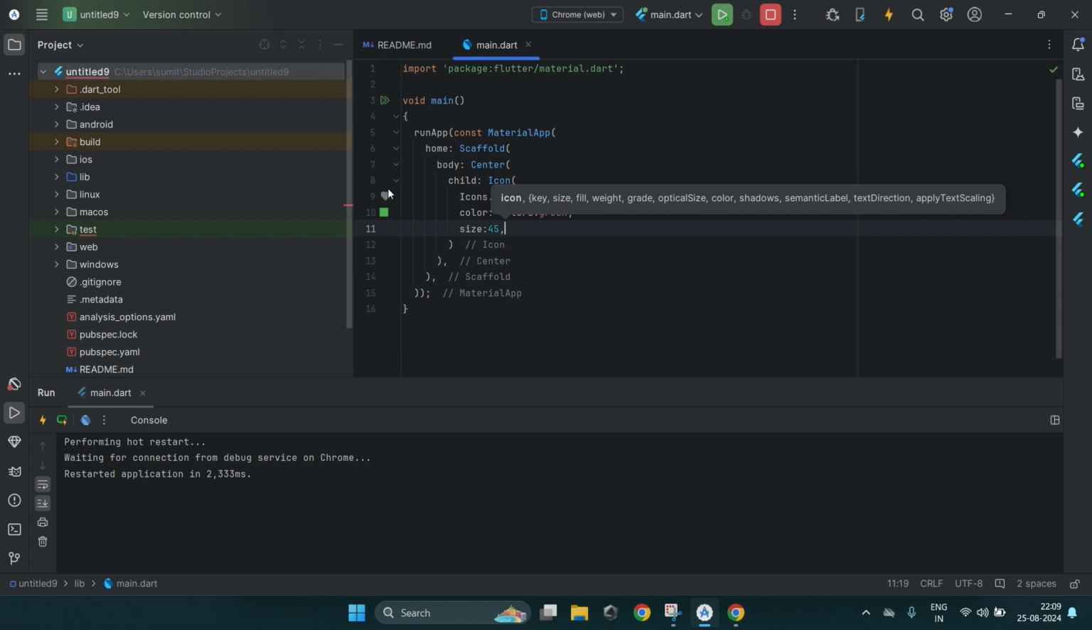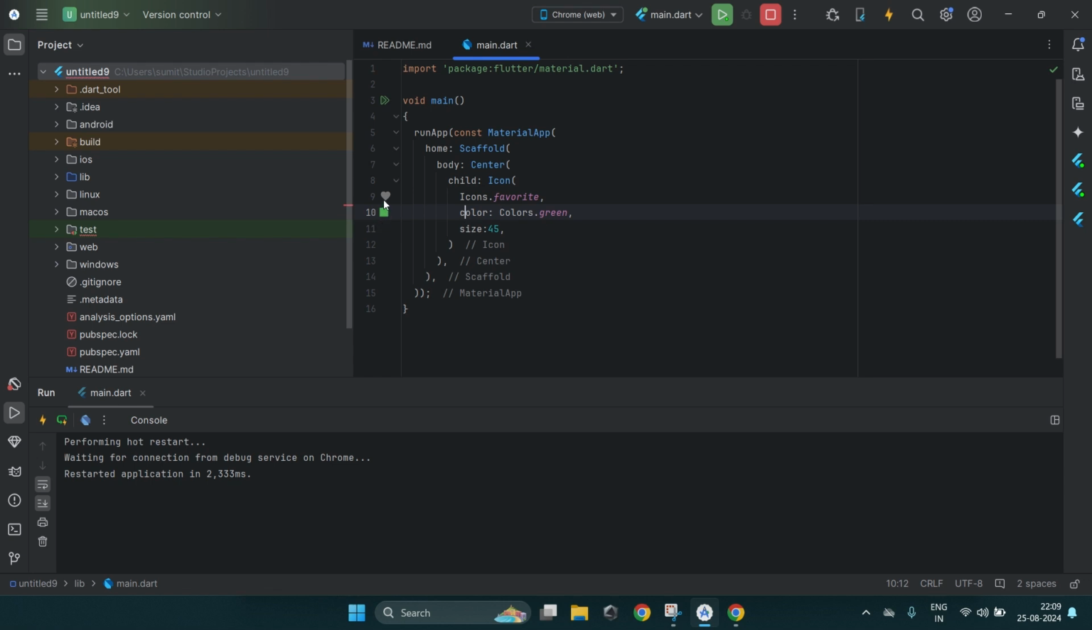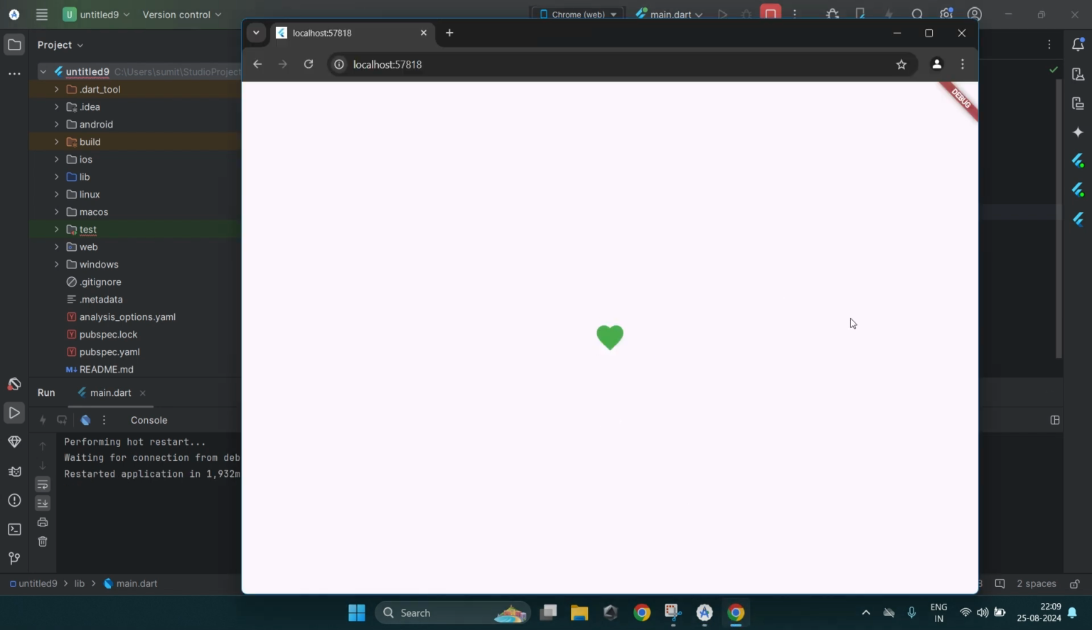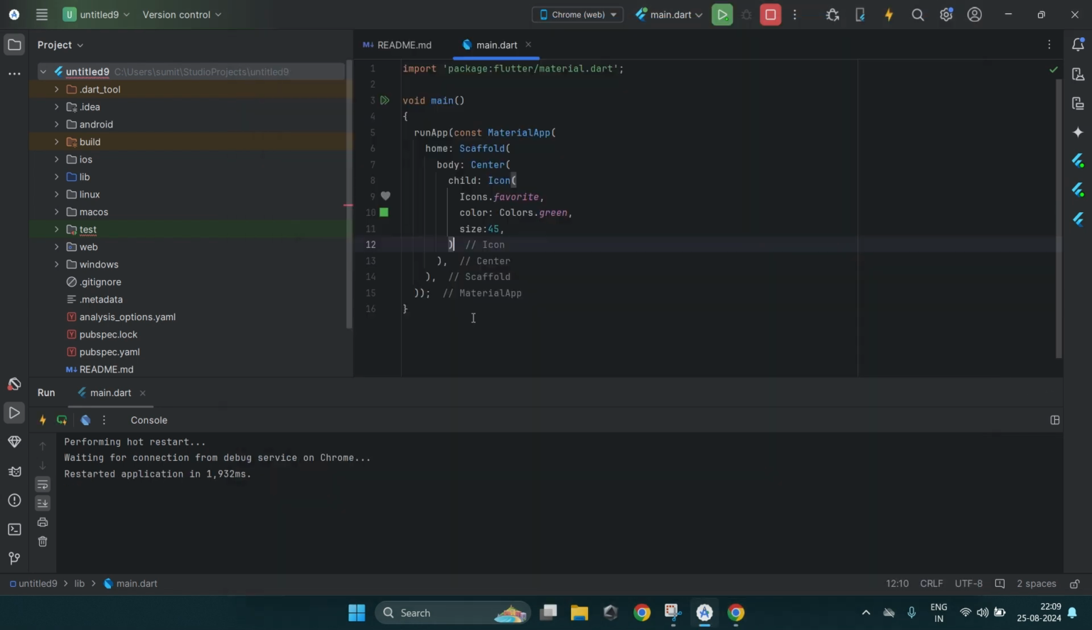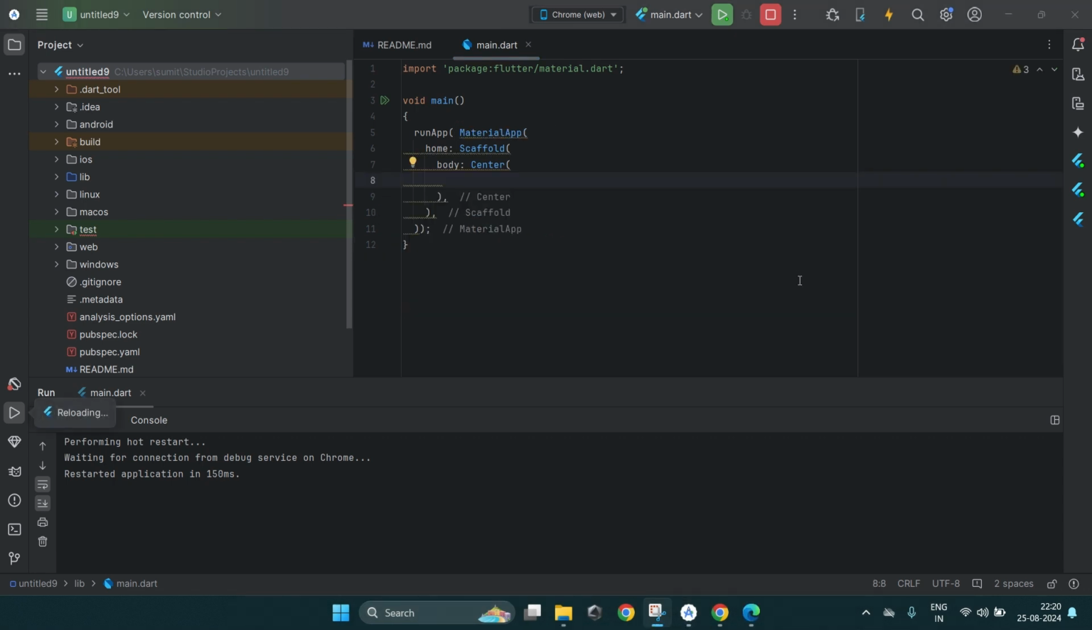I will hot reload. As you can see, your icon will be visible here as well, and the color as well. So I will hot reload again. That's the output. As you can see here, we are getting the icon. Okay, now let's run the next